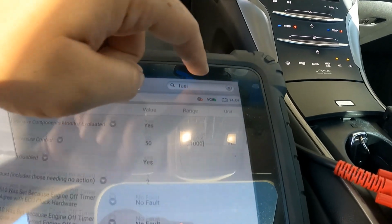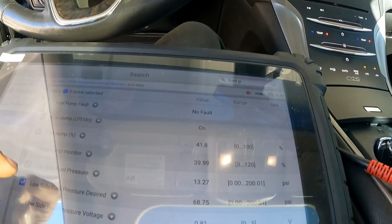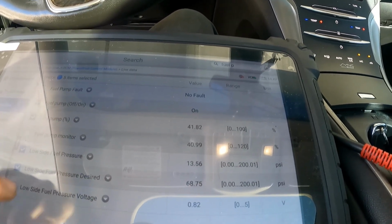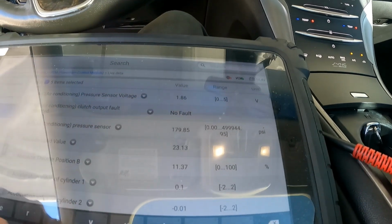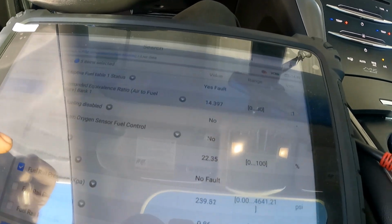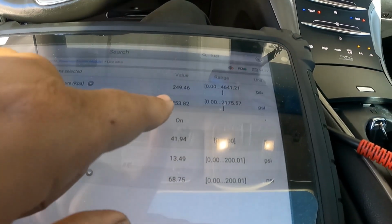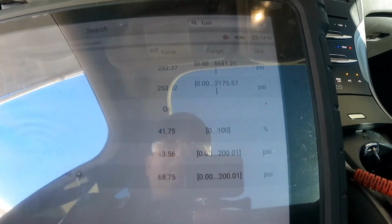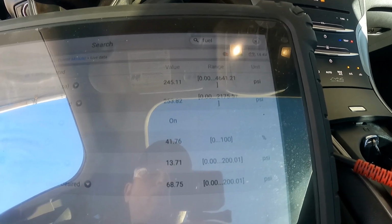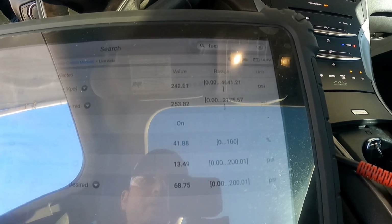Where is it? Okay. Fuel pump, low side. I like this search feature here on these Autels. Here we go. Fuel rail pressure desired. Let's go ahead and go back to that. That one is pretty much spot on, within a few psi. It's requesting 253.8 psi, and the actual pressure it's reading is